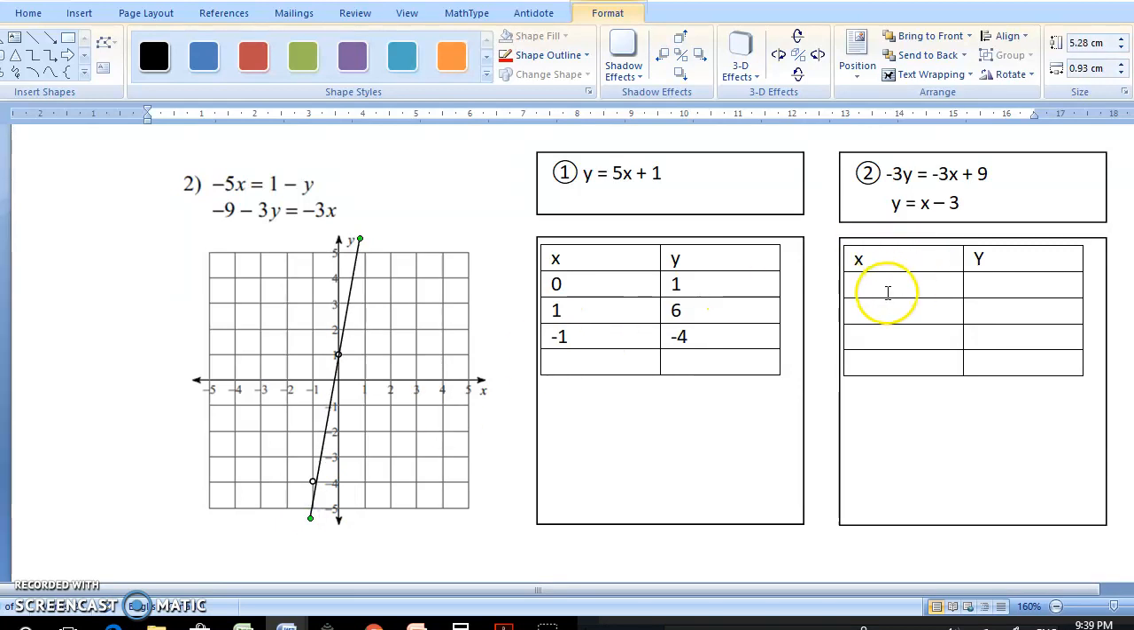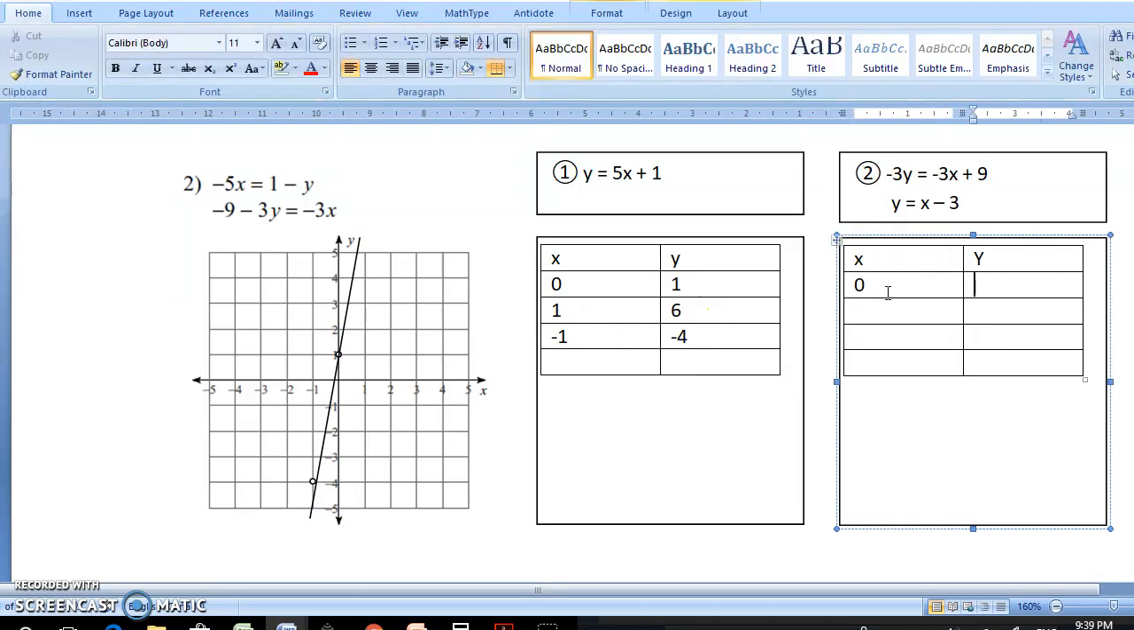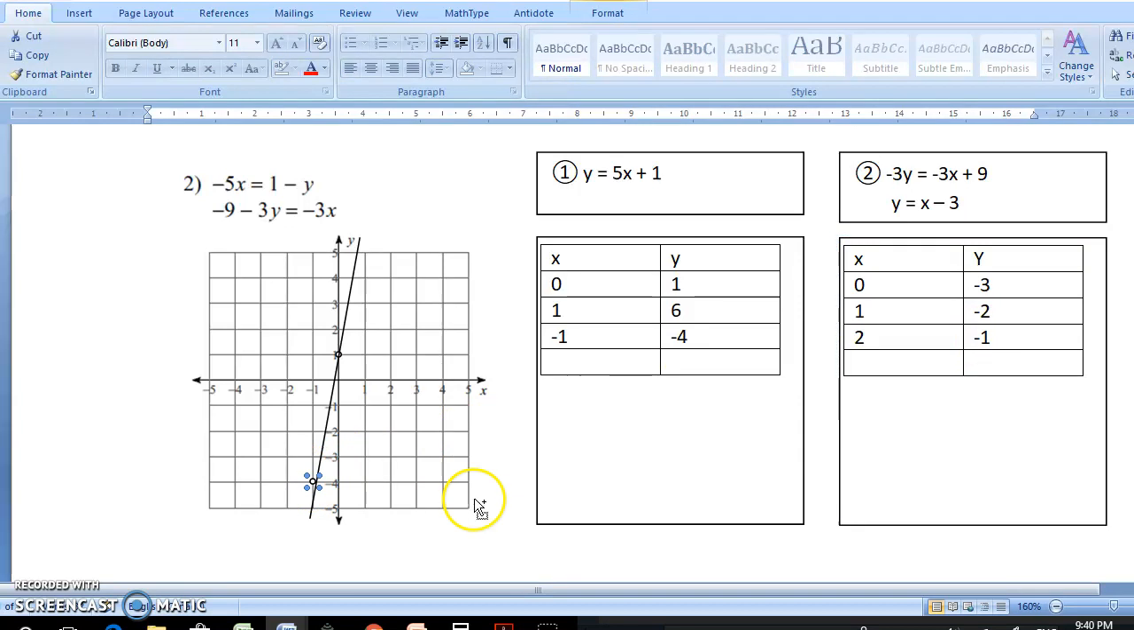Okay, next, do the same thing with the second one. Pick 0 as my x. If I did, I would get 0 minus 3 is negative 3. If I picked 1, I would get 1 minus 3, which is negative 2. And then if I picked 2 as my x, I would get 2 minus 3, which is negative 1. So the 3 points that I have here are 0, negative 3, 1 and negative 2,